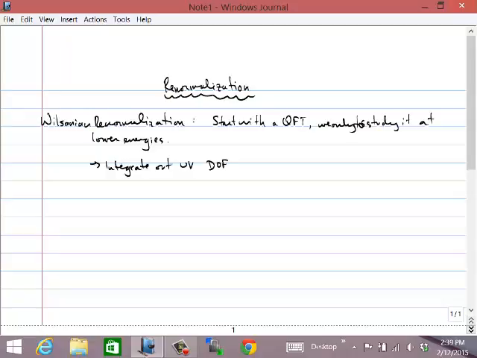So you divide the path integral into infrared, low energy, and ultraviolet, high energy degrees of freedom. You perform the integral over the high energy degrees of freedom, and you get some effective action that is a function of the infrared degrees of freedom,